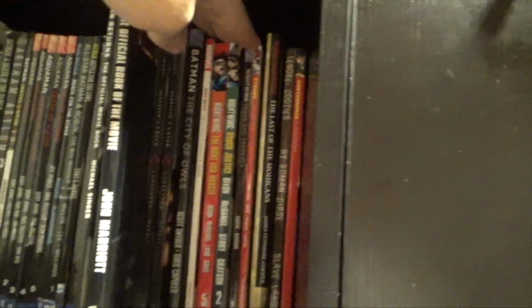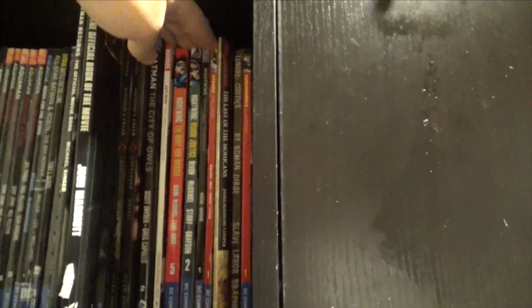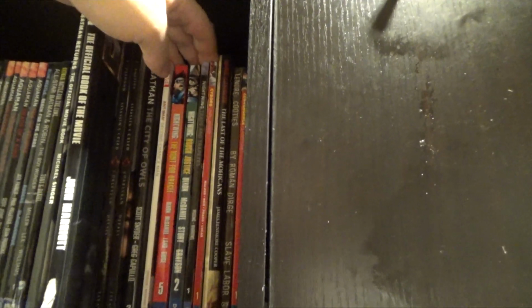Nightwing. I'm trying to get all of these, but so far I only have 5 and 2. These are by Chuck Dixon, I think. Eventually I'll try to get the whole first 15 issues just for collecting purposes, and then I want to get the rest of the graphic novels as well. I really like how one of his main baddies is Blockbuster, who I think is a pretty interesting